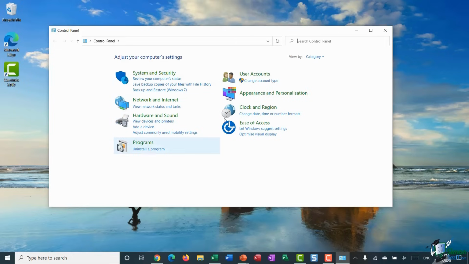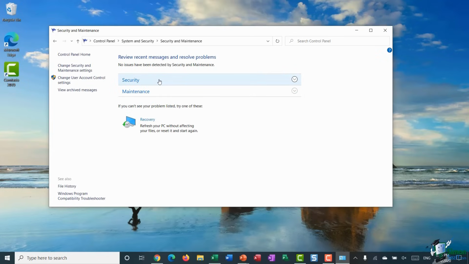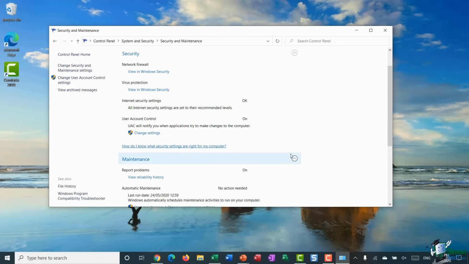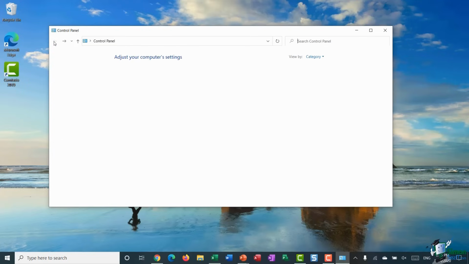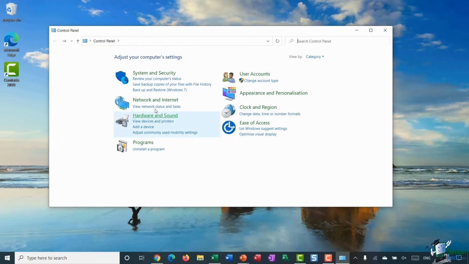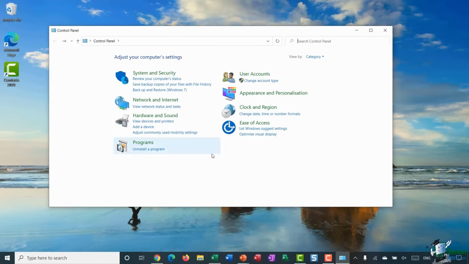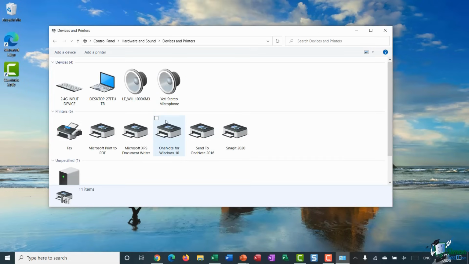Then we have numerous different groups with various different clickable links underneath. So if I want to review my computer status, I can jump into here and take a look at the security and the maintenance information. If I click back to go back, I can look at my network status so I can see what Wi-Fi I'm connected to. And I can come in here to set up a new connection or network if I need to. I can jump into hardware and sound if I want to do something like view the connected devices or add a